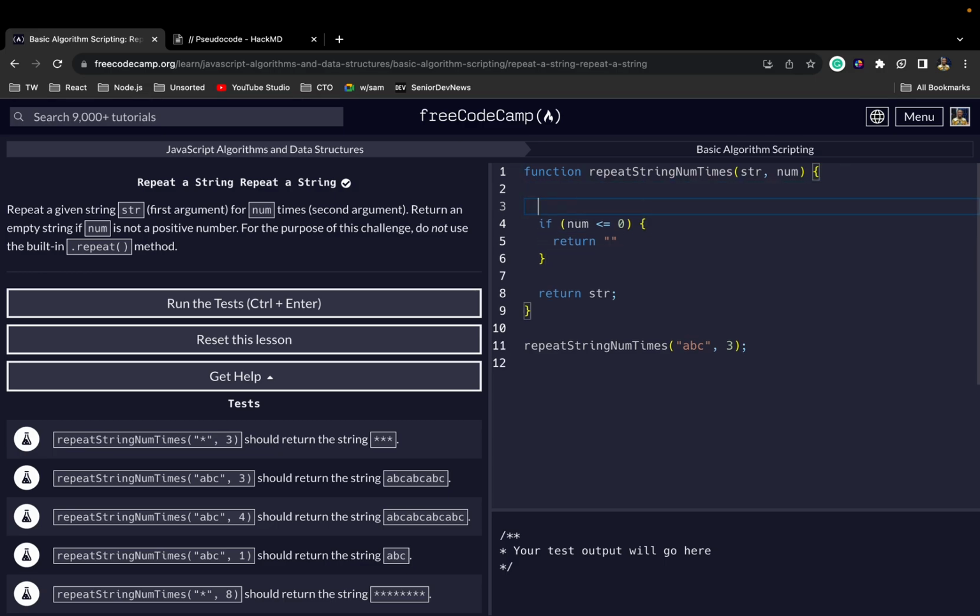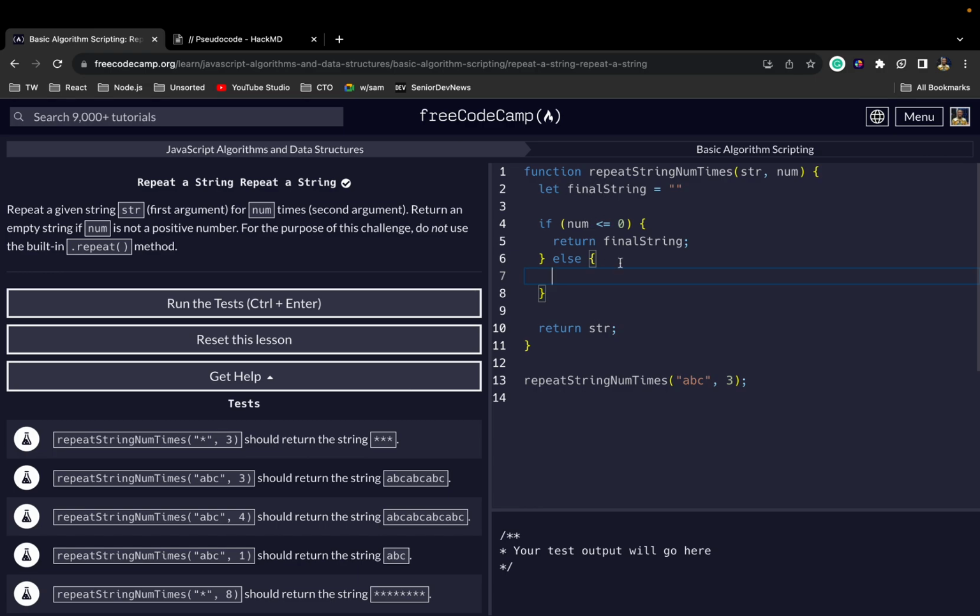You know what I'm going to do? I'm going to create a final string variable like so, and set it to an empty string. So if num is not positive, return final string, which is already an empty string. Else,